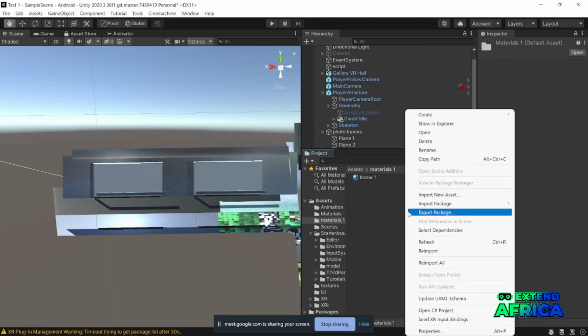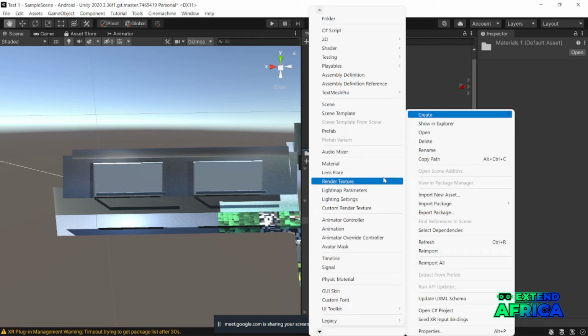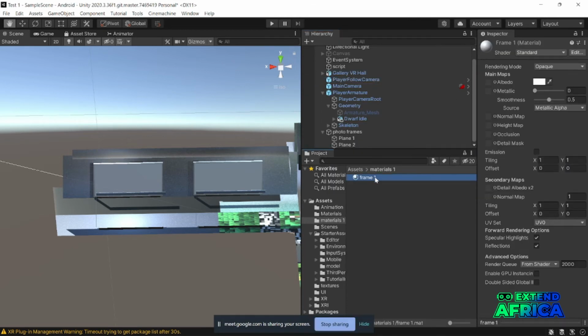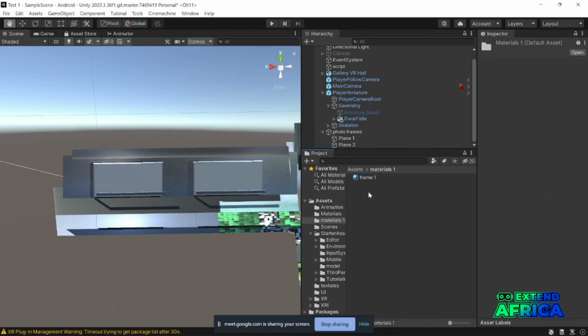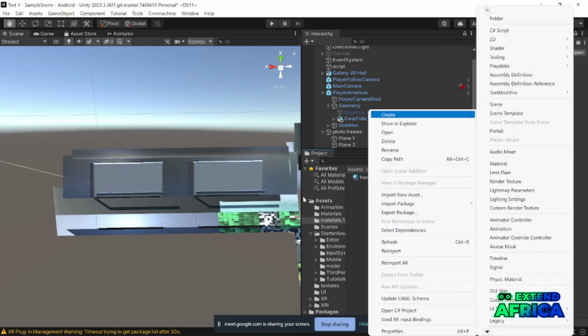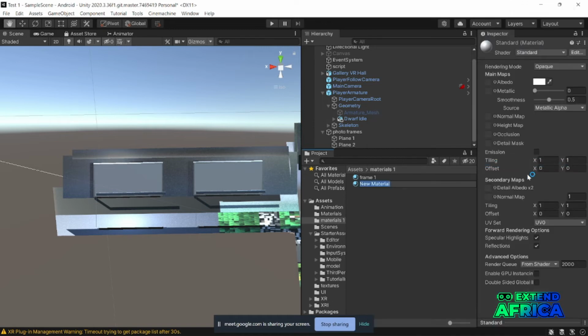Then create another material. If you duplicate this material and add any texture to it, it will appear on the second duplicate. So that's why I don't want to duplicate it. So just create another material and name it frame 2. Frame 2. Awesome. So now let's go to Google